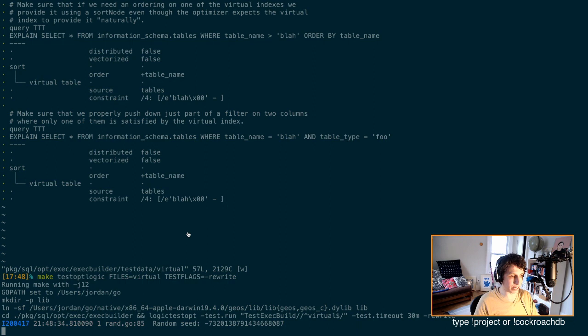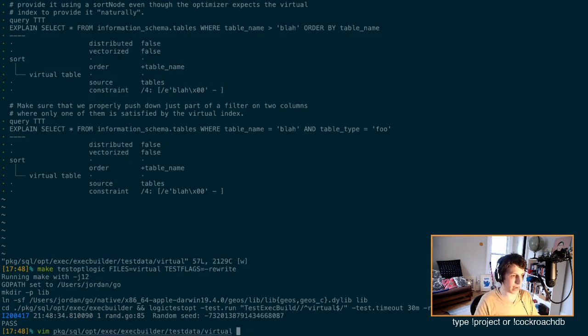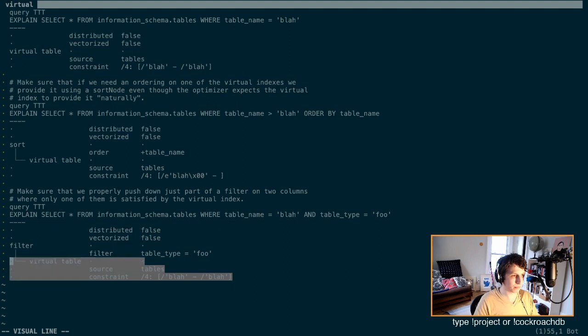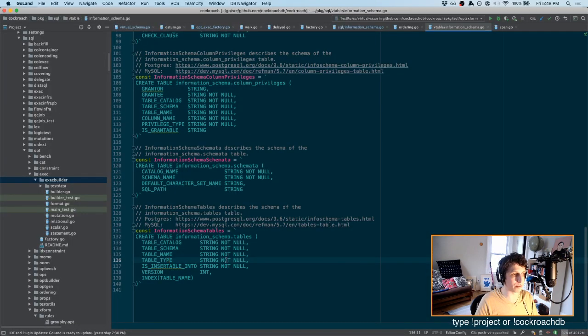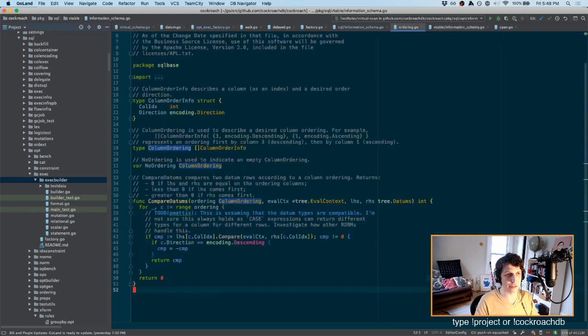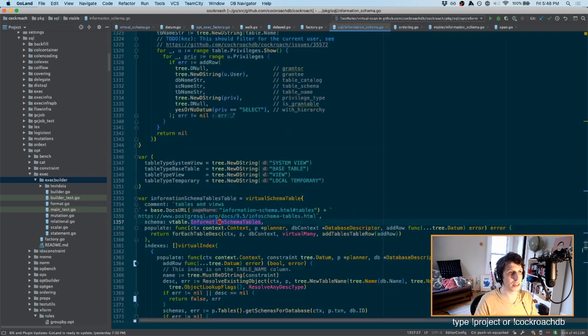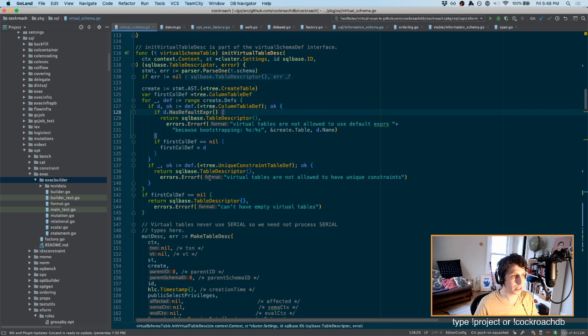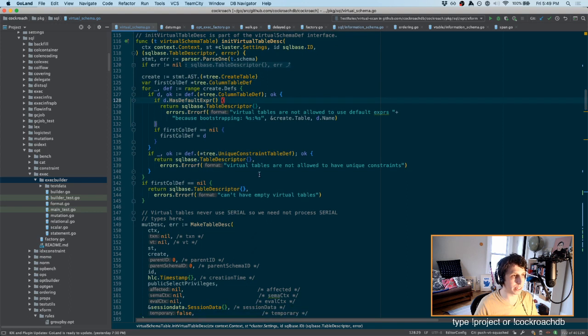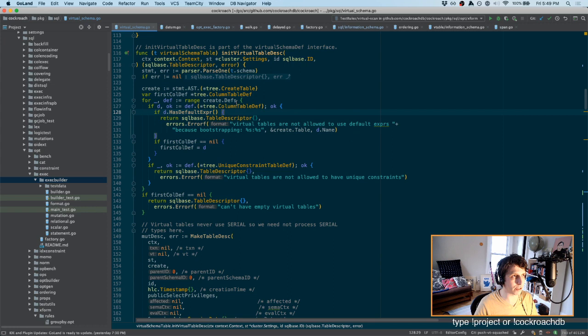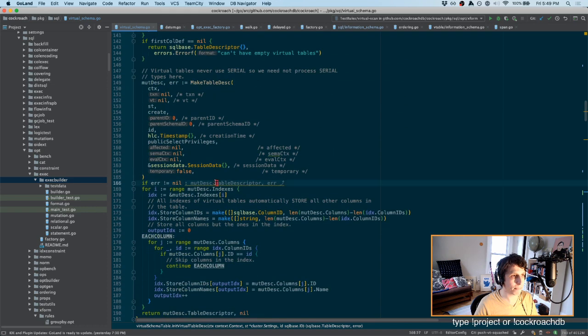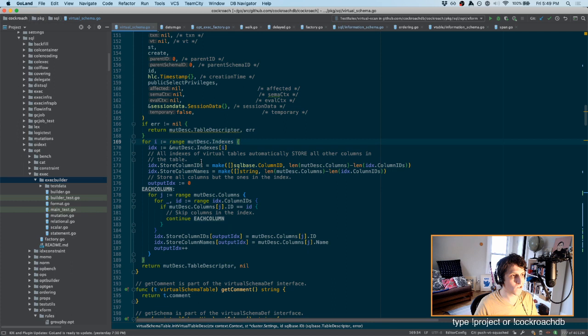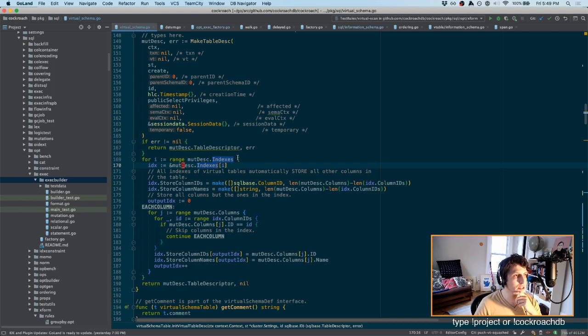I think we should add a little thing that just makes sure that nobody accidentally is going to, okay, this is great. Nobody's actually going to make a composite index because that would really break a lot of stuff. It should be very simple. It's back into this init virtual table desc. We just want to look for index defs. Where are we checking for those? So for each